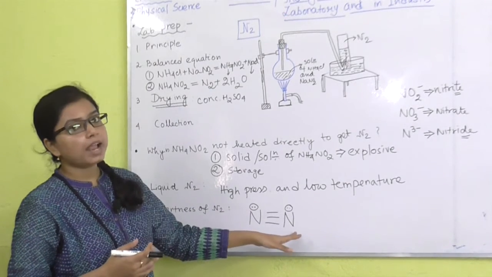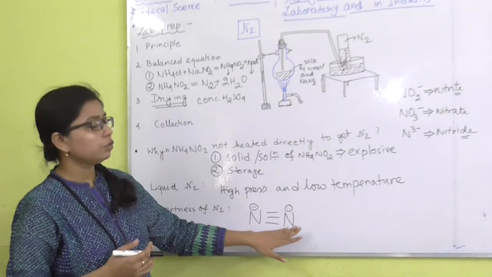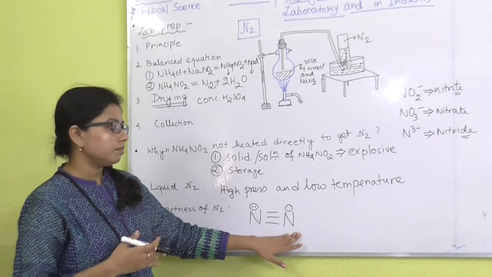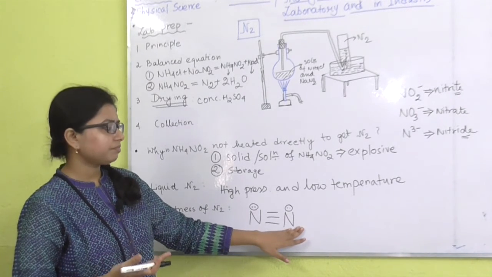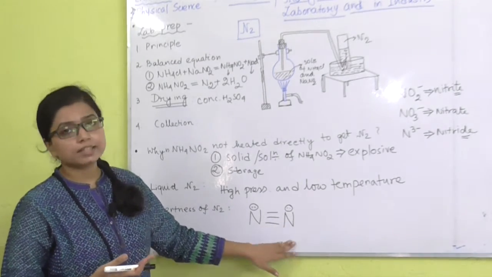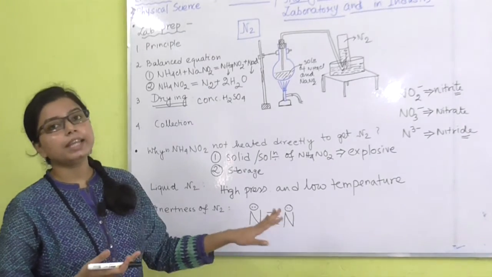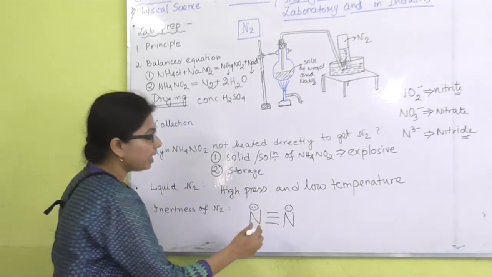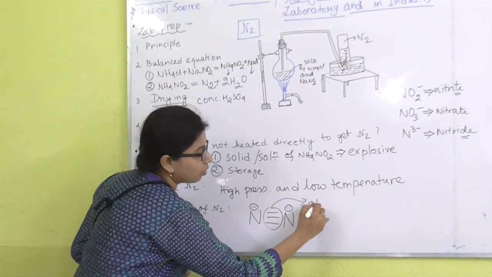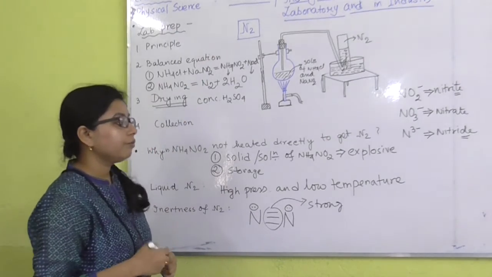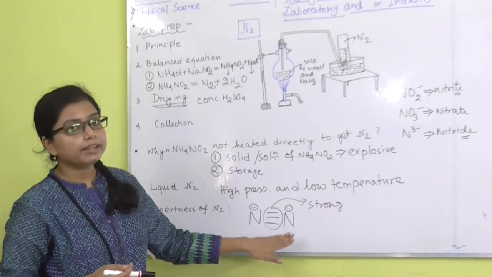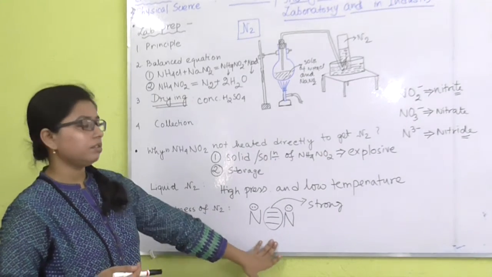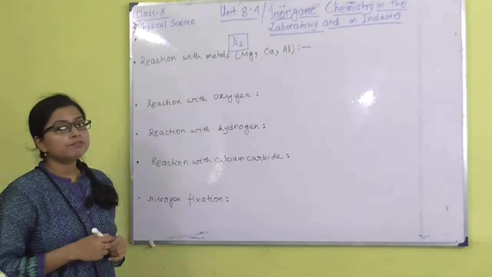So these nitrogen atoms are very much reluctant to react with any other chemical compounds, unless we apply some drastic condition, then only it reacts freely. But otherwise you can't break this bond. This triple bond is very much strong. So we can't easily break these bonds, and that is why nitrogen is not so reactive with respect to H2S or NH3.